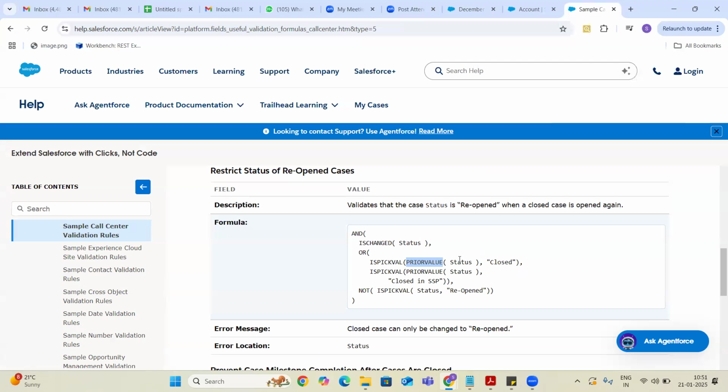What is the new value that you are planning to save will become the current value. And the value which was already present in the database is nothing but the prior value.